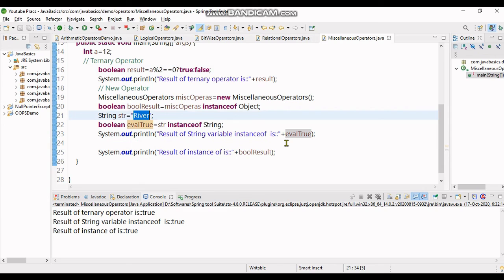It's correctly printing because I've taken river, which is of String type, so str instanceof String checks whether the instance belongs to the String class, and it evaluates to true. Also for our miscellaneous operators class, using new, the instance belongs to that class, and that condition also evaluates to true. So it's printing true in all the cases.